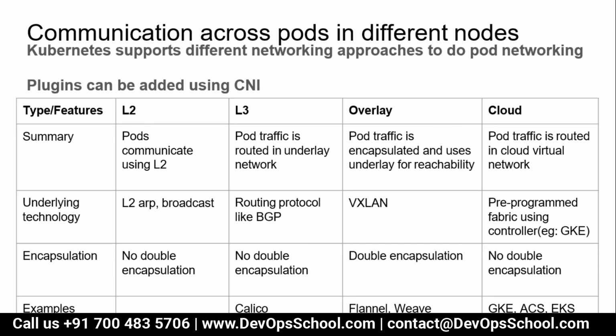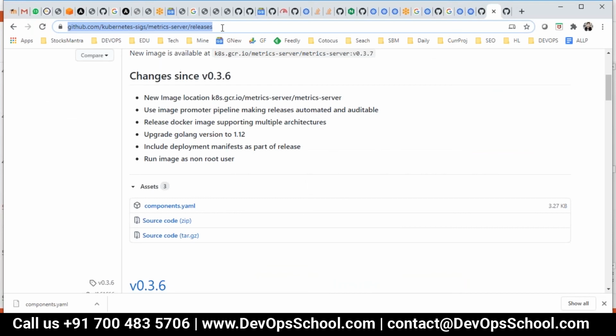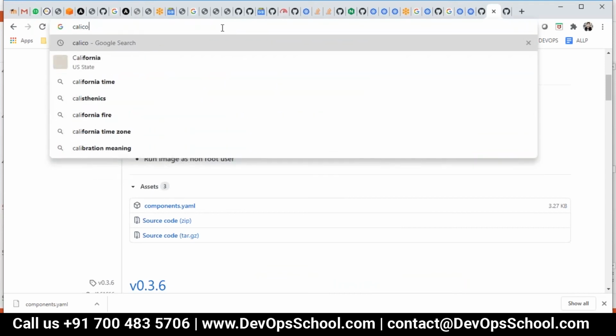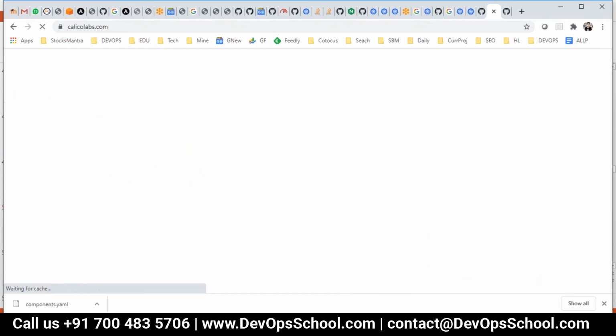Yeah, Rajesh. Calico is a different product, again a very sophisticated product. If you really want to know Calico, there's a Calico website. You can go through that and learn more about it. I have some documentation also in the same slides, but I will not cover it because it's too much discussion and you hardly use it.